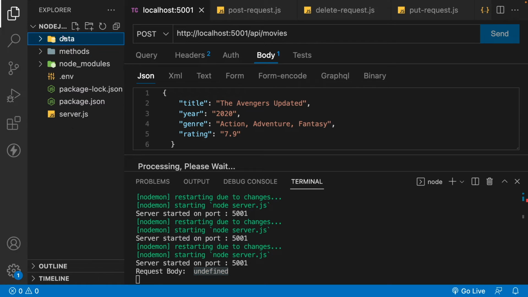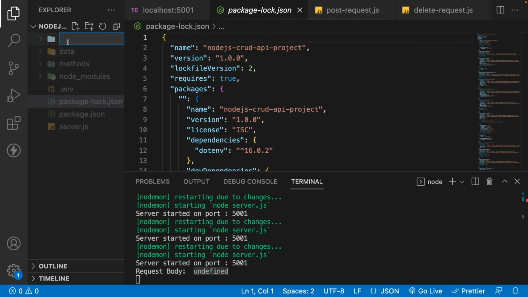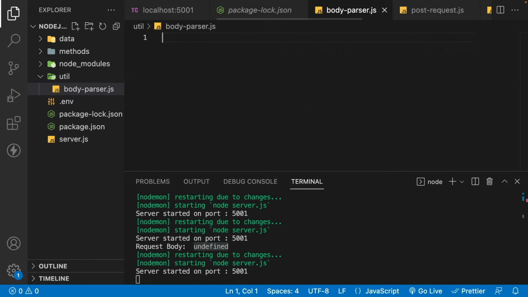So I'm going to create a new folder here, and this new folder will be the util folder. So I'm going to create some utilities here. Inside that, I'm going to create a new file. I will just name it bodyParser.js. And in this bodyParser.js, let's have a